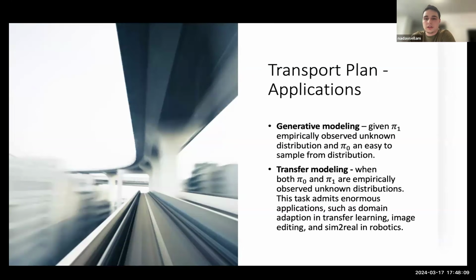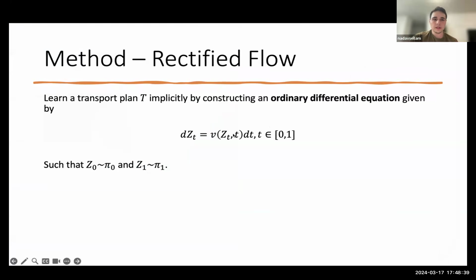We can use it for generative modeling, just like regular diffusion models, where we're given pi1, which is a distribution of some data points or images, and we decide that pi0 would be some easy to sample from distribution, like a Gaussian distribution. Then we would map the Gaussian distribution to the data distribution, and we could sample from the data distribution. Or we can use it for transfer modeling. For example, if I have images of cats and dogs, I could map the images of cats to images of dogs and vice versa. So the method they chose to implement this transfer plan in this